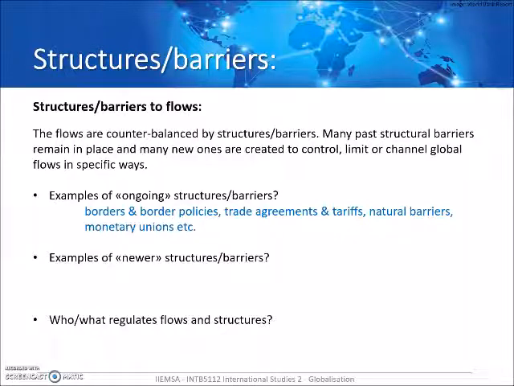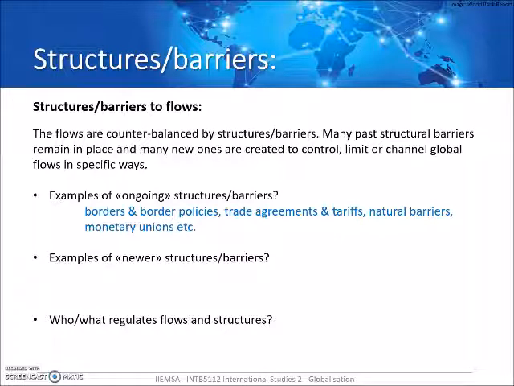But then we also have borders. We have border policies that are structures, right, that limit the flow of people to a certain extent, right? I mean, if we had no borders and no border policies, we would just come in and out and travel and move the way we wanted, right? So that flow of people is limited by the borders and by border policies and by visa requirements and all of that. In terms of goods, in terms of things, there's a lot of trade agreements, trade tariffs that are in place that also limit how much can be imported, how much can be exported, what additional tariffs and taxes are put on top, right?